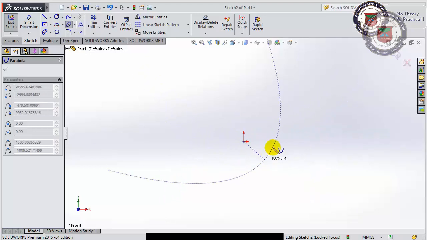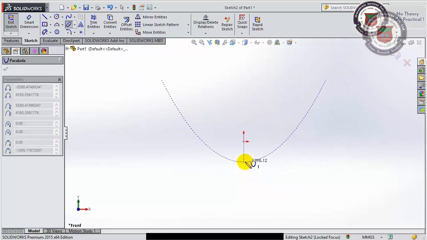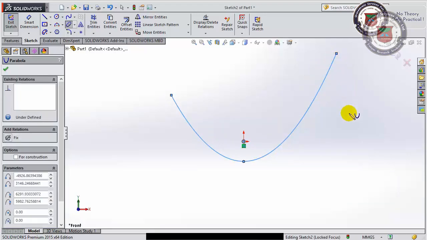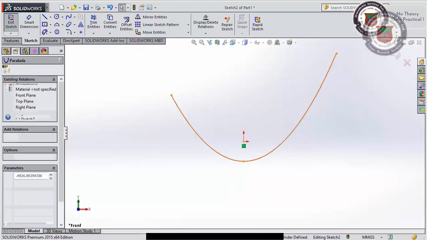Suppose I'm taking it in this way or in this way, clicking here. Now on this parabola, I can also define from where the parabola should start. Suppose I'm clicking here, and where it should end. Suppose I'm clicking here, pressing escape. The parabola is complete.